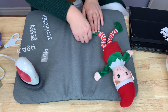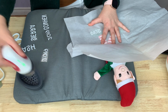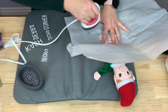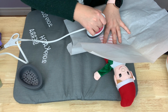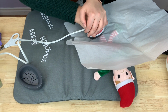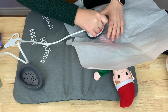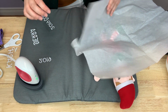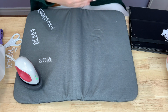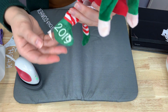I've got my parchment paper over top, and I'm just gonna take my mini, and careful not to get your hands. Just gonna push down. Now there's no timer or anything on this, so just try and count in your head. So I can tell that this should, in theory, be okay to pull off now